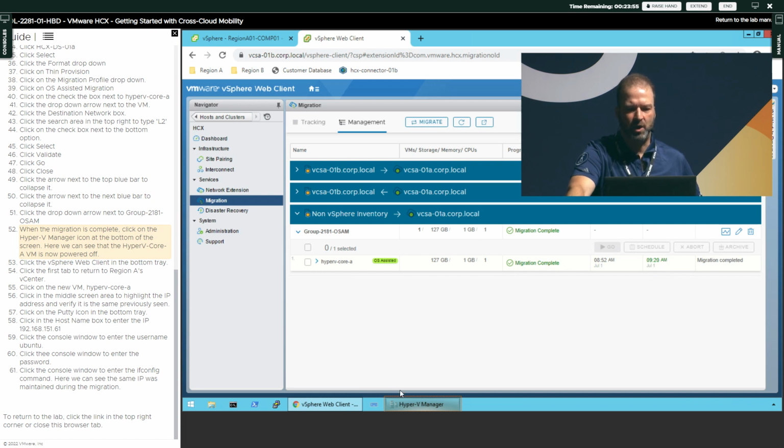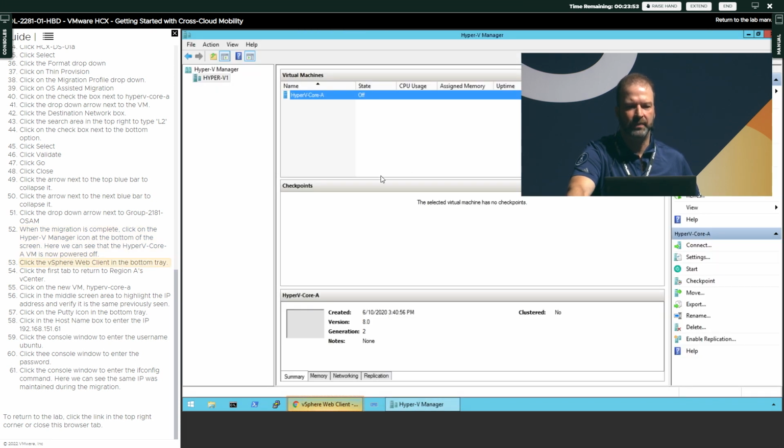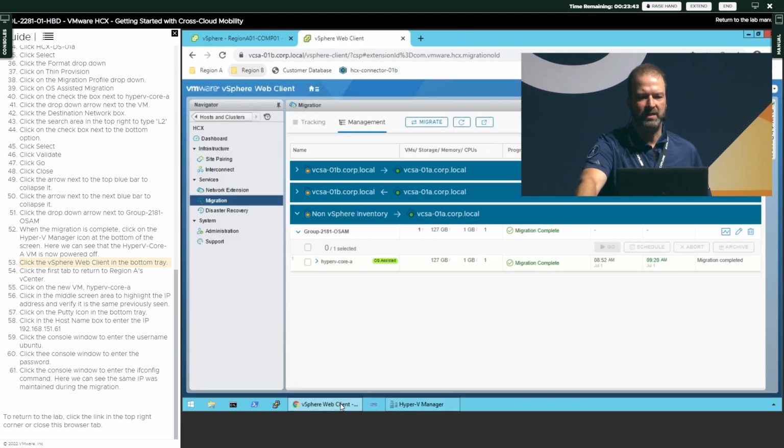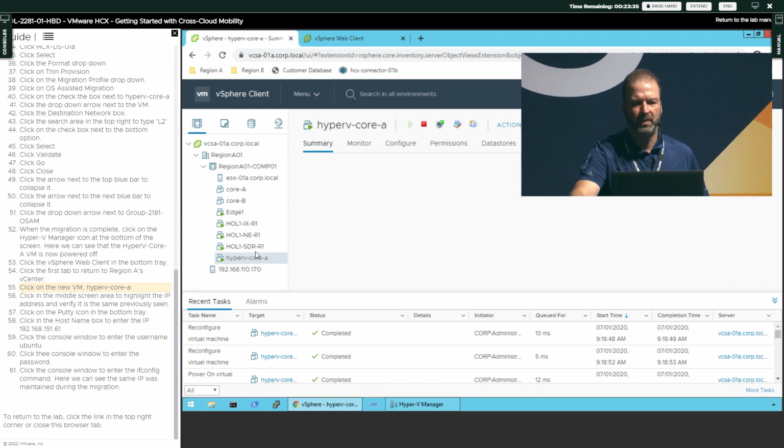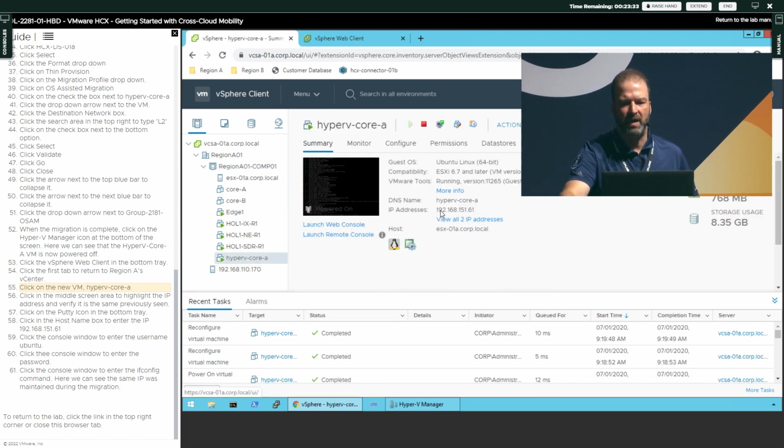So now let's go back to the Hyper-V console. You can see here the VM is powered off. As part of this, when we finish the migration, we shut that VM down so it's not running in two places. Let's go back to vCenter. We're going to go through to the inventory, and then we can see that VM exists. And here we can see it's the same IP address,